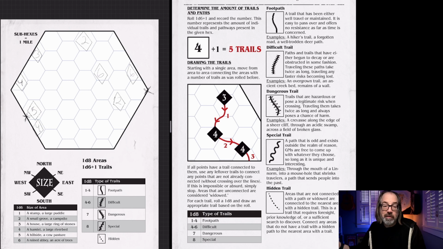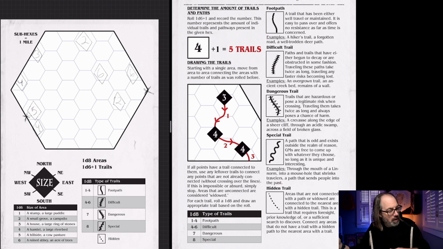We're going to start at the top, just because I like to start at the top. You don't need to start at an entrance, because in the end you connect to an entrance automatically. I'm just going to go around clockwise because that's what I feel like doing. It doesn't say you have to do that. For each trail, we're going to roll to see what kind of trail it is. So the first trail, starting at number 2, going down to